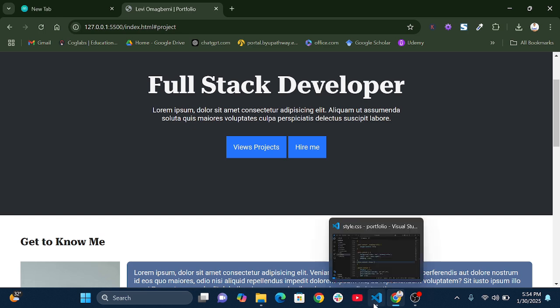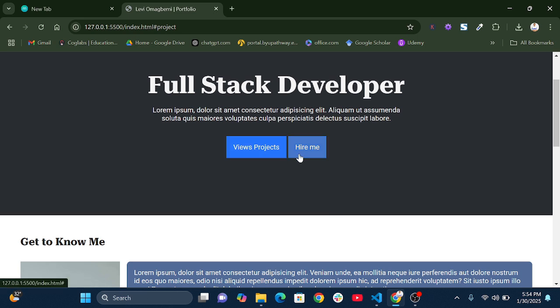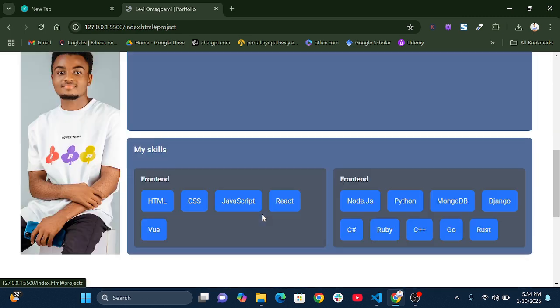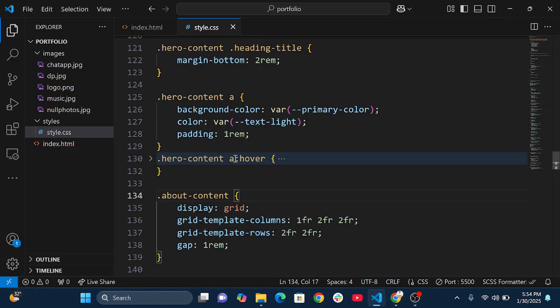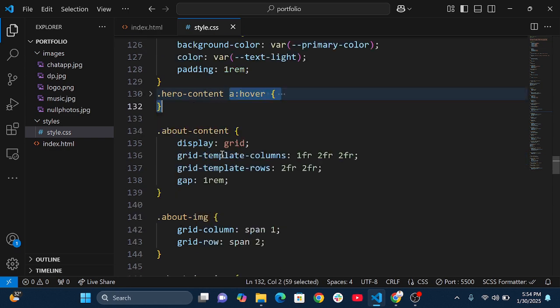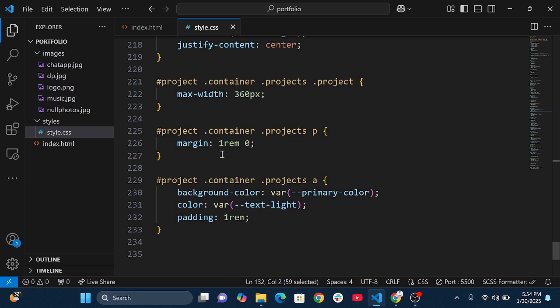So it's changing. So I want it on the a. Yeah, I just removed the a tag, that's why. So yeah, looks good, right? Looks so good. Let's do the same for this, and that should be for our